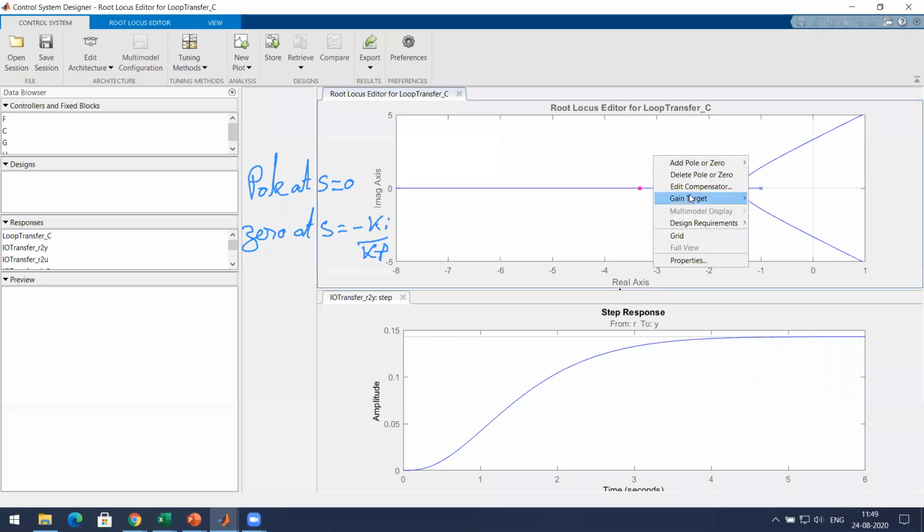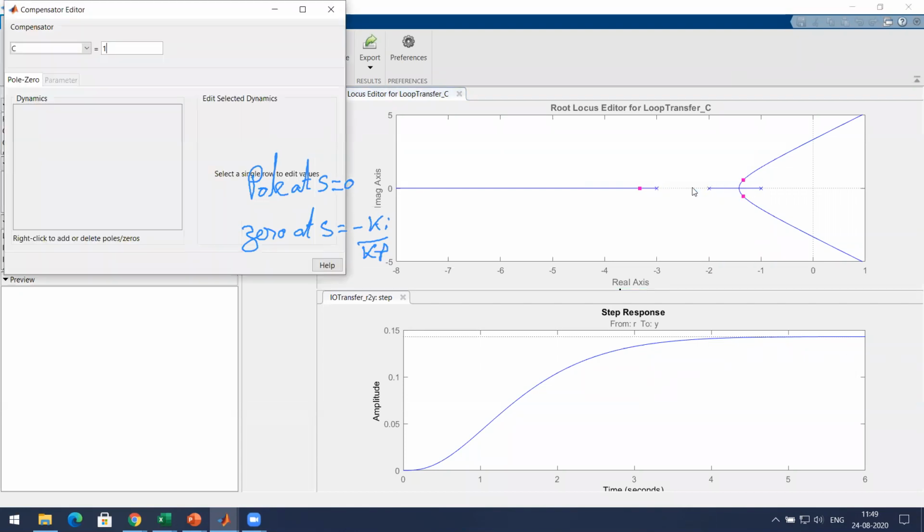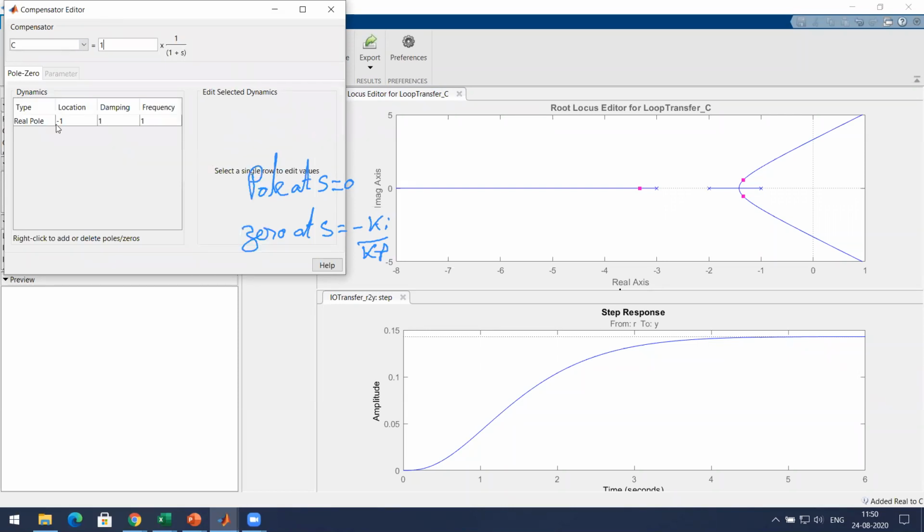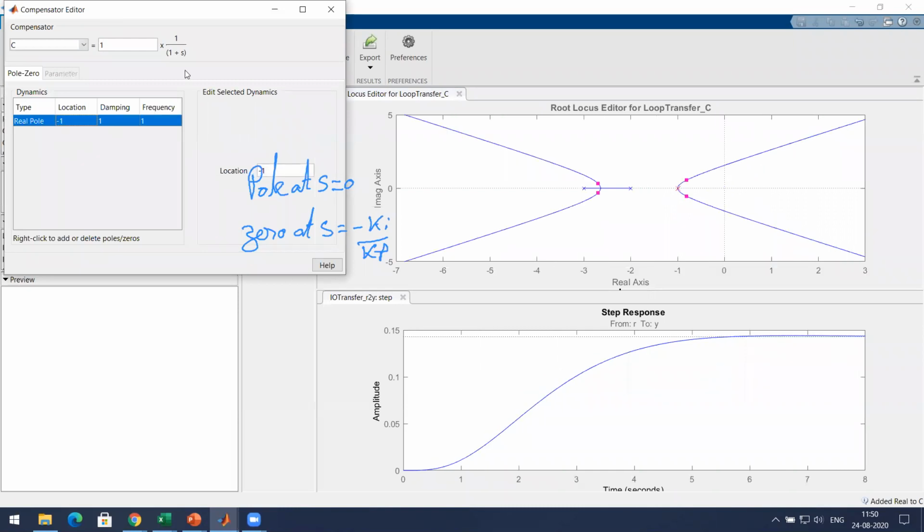Now right click this, edit compensator. Now here right click and say add a pole. Real pole or complex pole? Real pole. At which location? 0, sir. Location is 0.